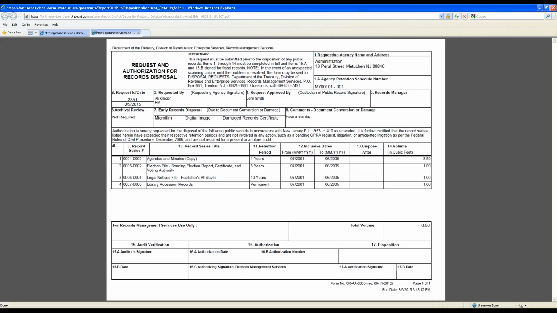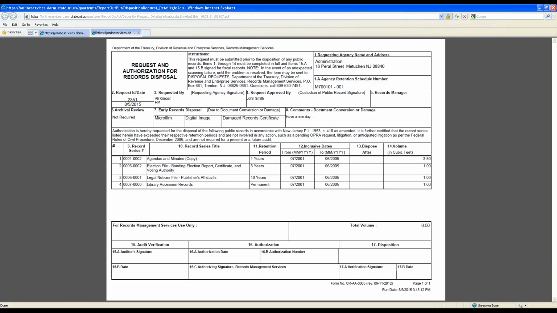Okay. Now, one other thing I want to point out to you as well, when you're adding your record series numbers to that screen. On the paper form that you're utilizing today or have been utilizing, I think it's either 6 or 8 boxes. I forget how many boxes you have for record series numbers that you can add to that form. Basically, in the Artemis system, you have unlimited lines you can add. Now, I say that loosely because I have seen requests that have been submitted to the state, believe it or not, with over 400 line items on it. People were doing a lot of cleanup, but I don't recommend that.